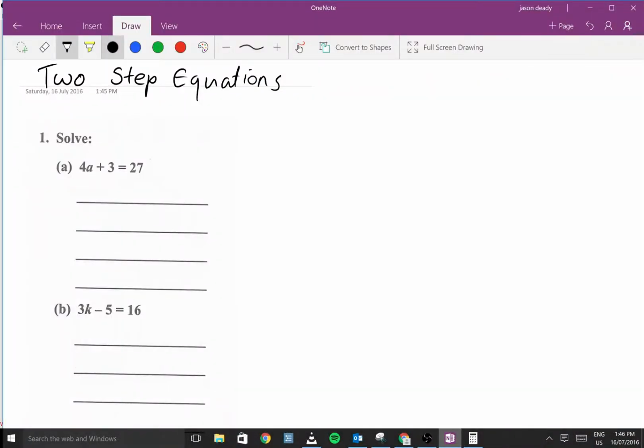Hi guys and girls, today we're looking at two-step equations. Okay, this is our first lot of two-step equations. So it might look a little bit tricky, okay, but if we follow the procedure we can't go too far